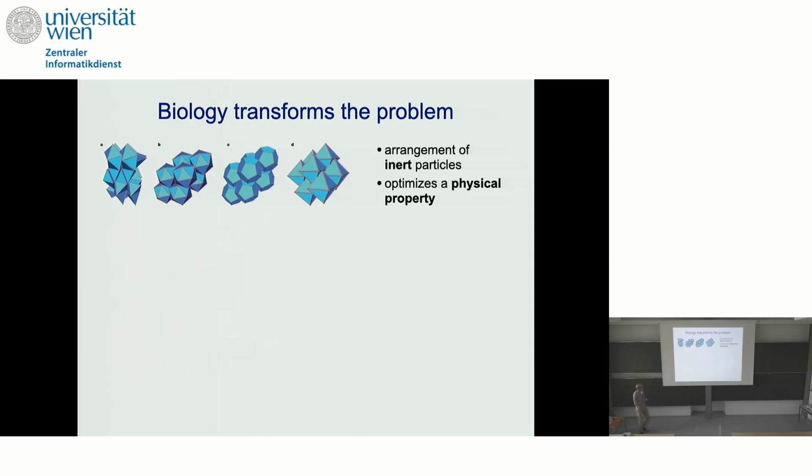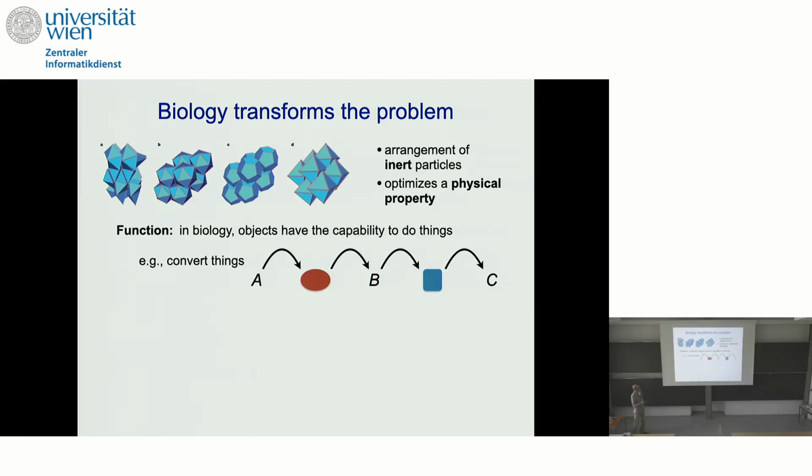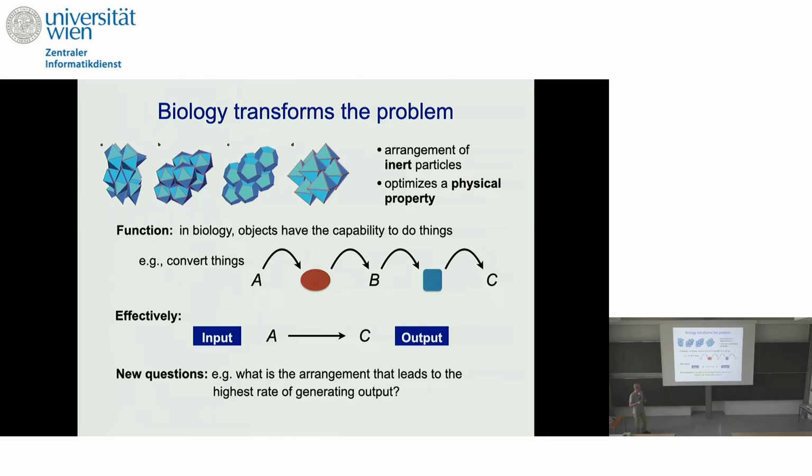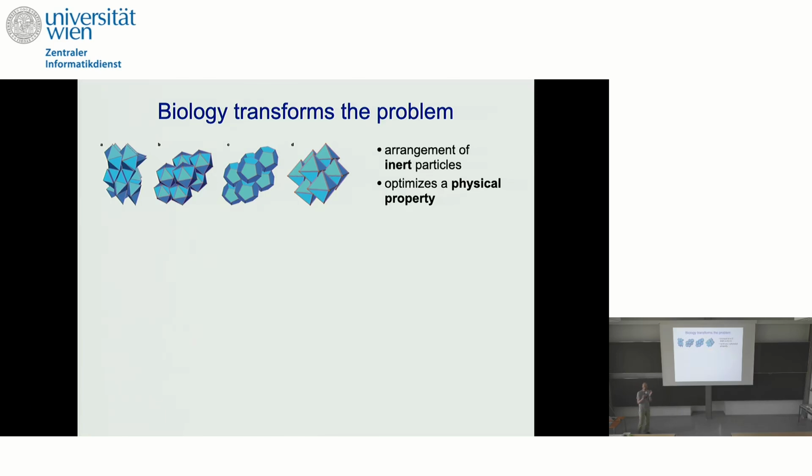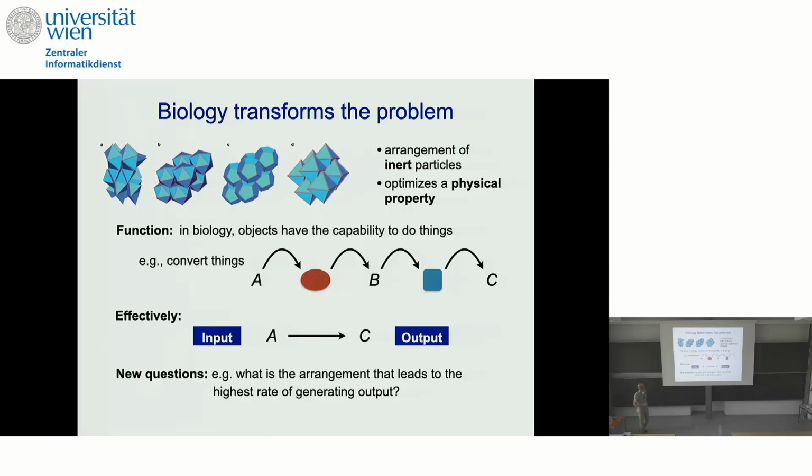But then in biology, usually you have function. Yeah? So particles have a job to do. For example, you have catalytic abilities. Yeah? So if you have objects that perform catalytic reactions like converting A to B or B to C, then you effectively have some input substance which is converted to output in a multi-step reaction, let's say. And there are questions about how to place those catalytic particles in such a way that you, for example, optimize